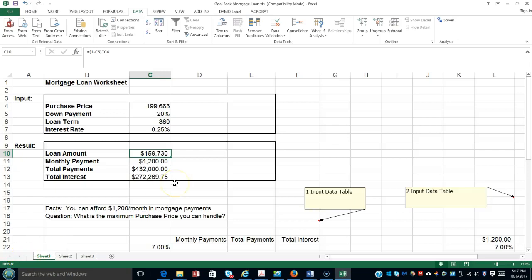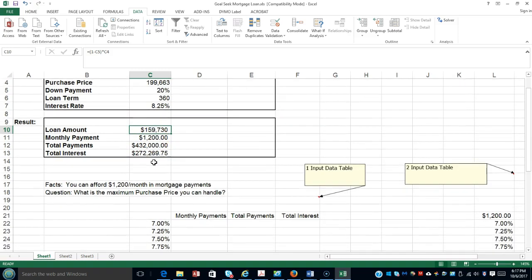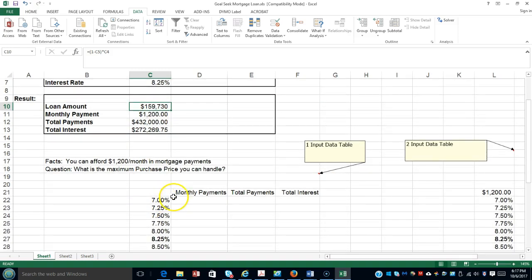Okay, so let's take a look at the data table, which we had looked at on Thursday. We started out initially doing a goal seek, and we found out the purchase price for a home was about $200,000 if we could only afford monthly payments of $1,200, and we did that using goal seek. But I had mentioned that if we wanted to see how much the monthly payments and total interest would be,